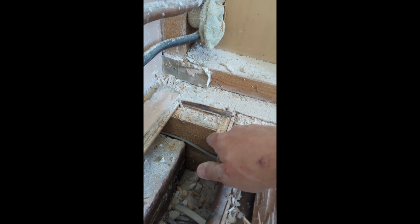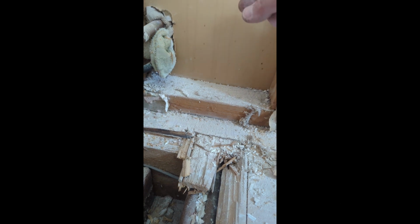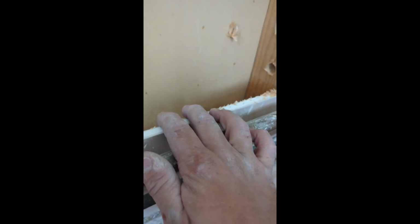But I didn't think ahead enough, and there's no way I'm going to be able to get through that joist and up into this stud work. I can't get under this floor space. I can't lift any floorboards up on the other side because this hot water cylinder is sitting on top of the floorboards. Plan B is I'm going to come up, which I'm already coming up in here anyway, for the